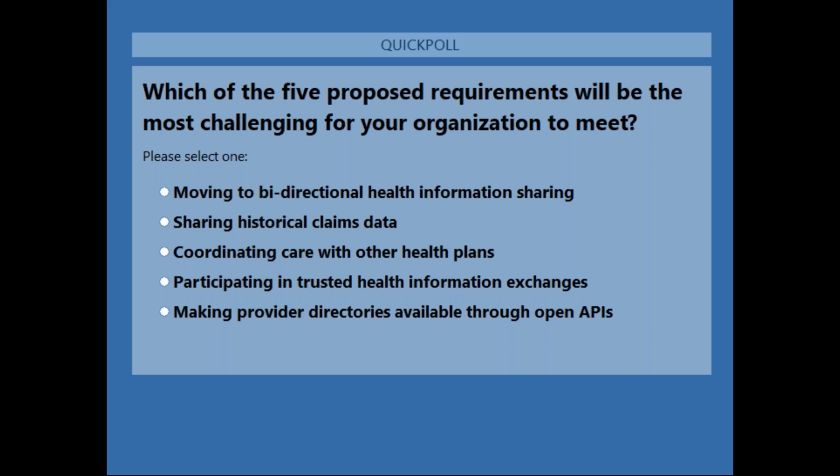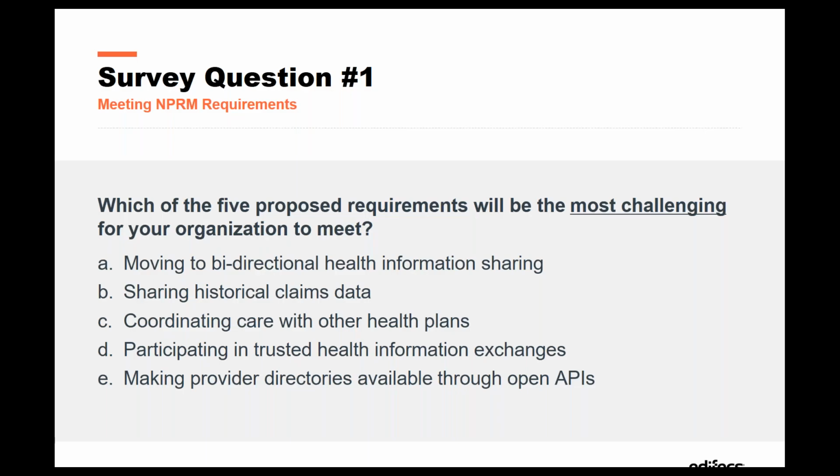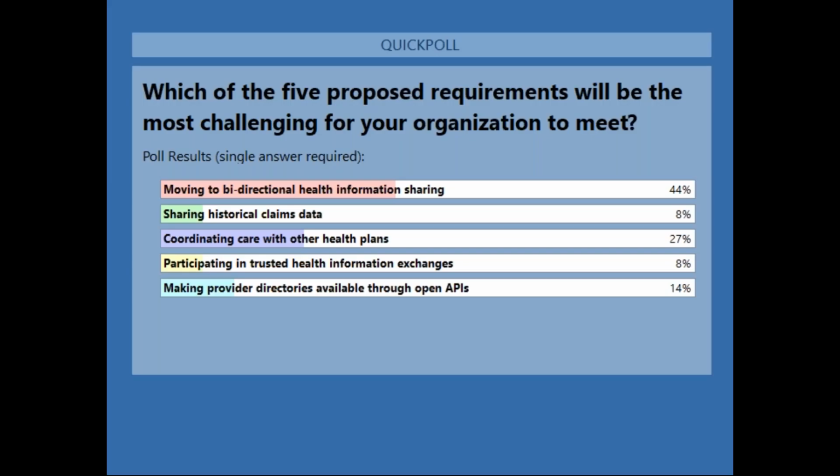Okay. Yeah, I think we're seeing the range here is obviously A and C, right? The idea of moving to bidirectional health information sharing and coordinating care with other health plans. Seems like this is a big deal. How do we talk well with our competitors, if you will, in the same markets, right? How do we build this trust? How are we going to build these connections? And what really is bidirectional, right? So I think we got our hands around that. This is what we're seeing.